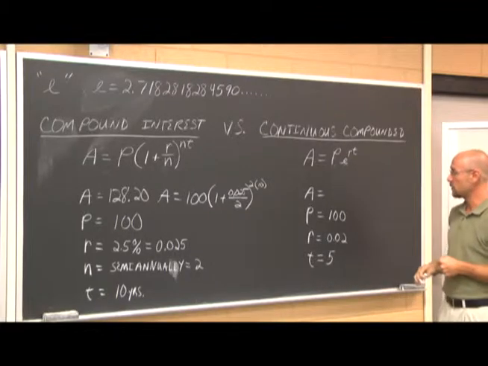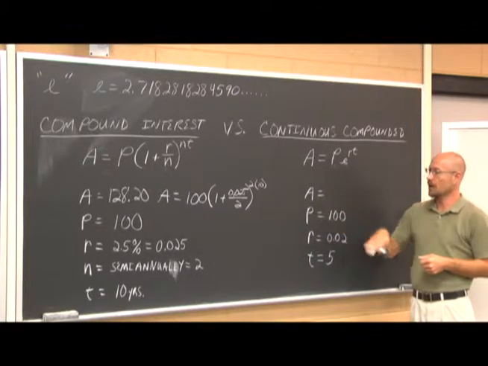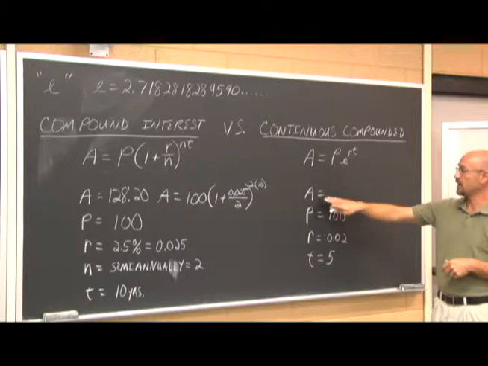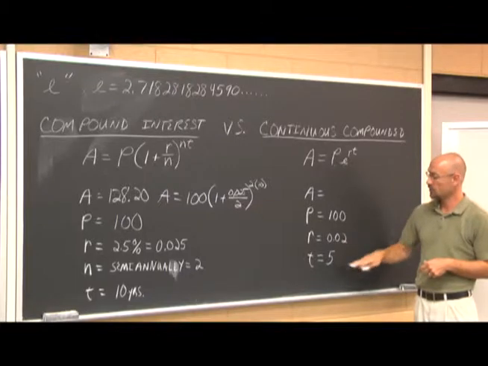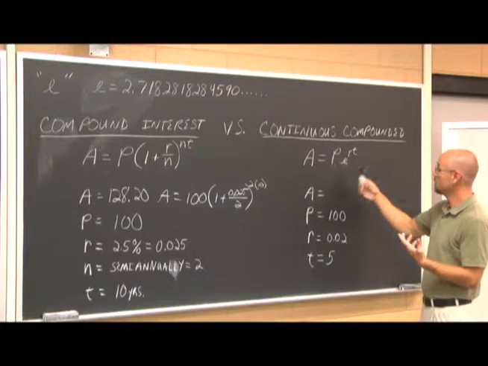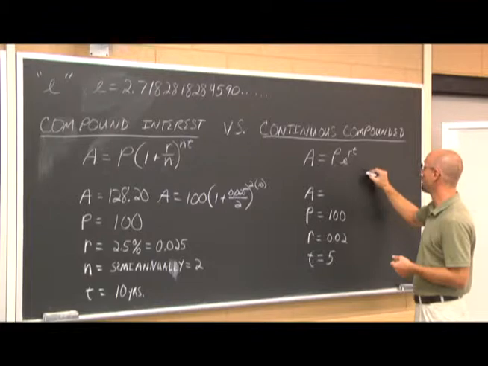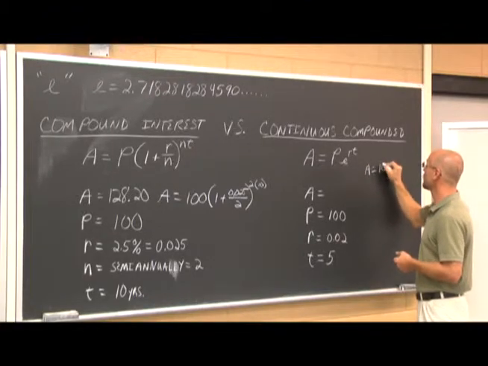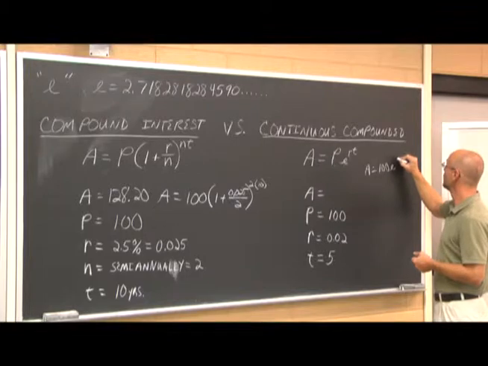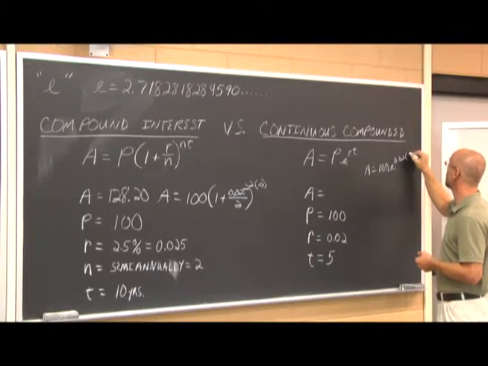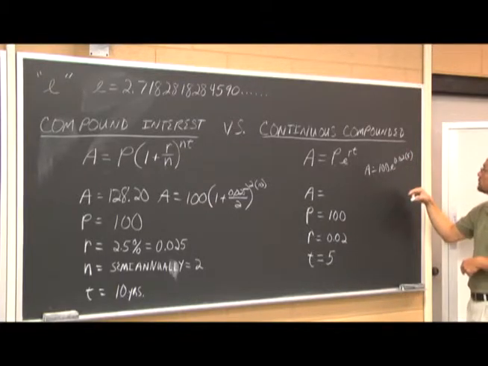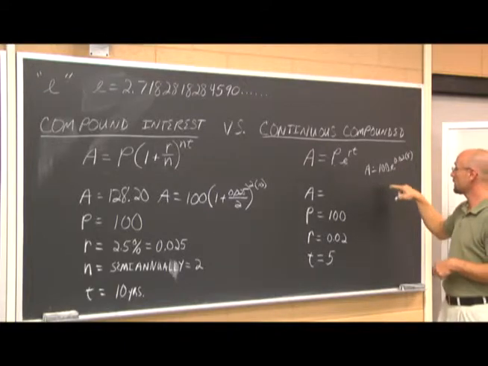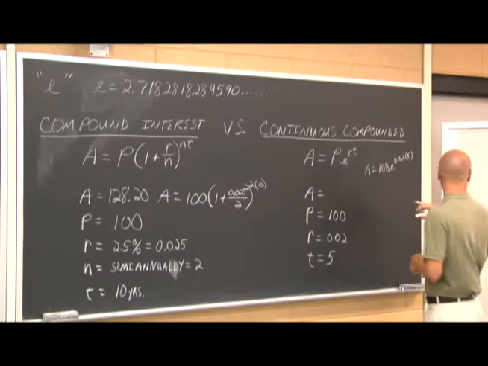So let's look at this example. We're told to find how much money we have if I invest $100 at a 2% interest rate for 5 years. Well, if we plug that in, we're going to say, okay, how much money do I have if I invest $100 times e raised to the 0.02 times 5. So e to essentially the 0.1 power. Now, if you calculate this out, let's see,